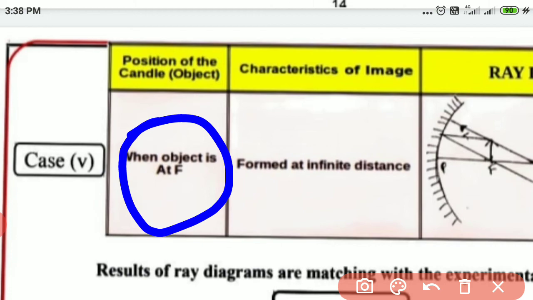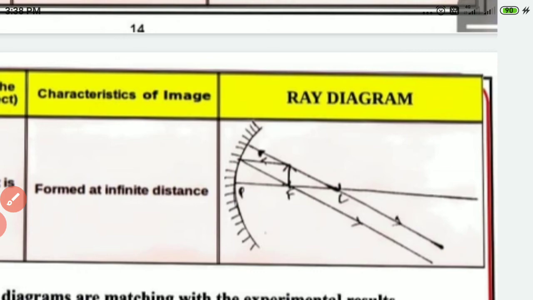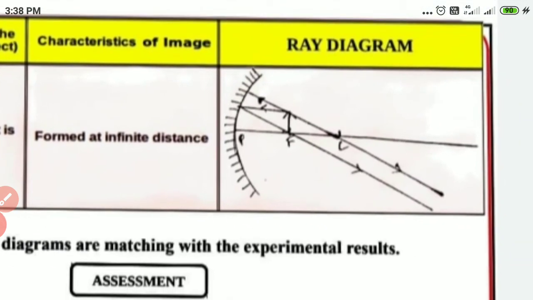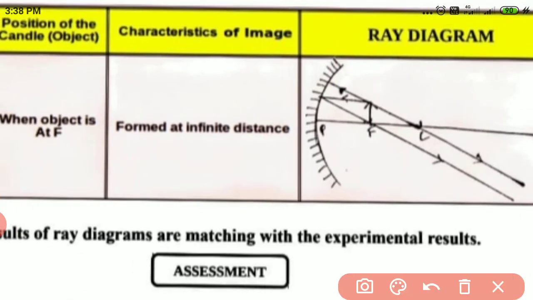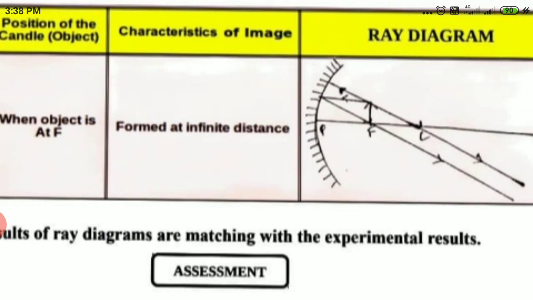See here, just the reverse case. When the object is at focus, the image position is at infinity, whereas in our previous beginning case we took the object at infinity and the image was at focus. So this is just a reverse condition. When the object is at focus, the image will be at infinite distance. You need not describe the image. Of course it will be an inverted image, but usually it is not described. So simply you can say that it is formed at infinite distance. Only one characteristic is enough to describe this image.